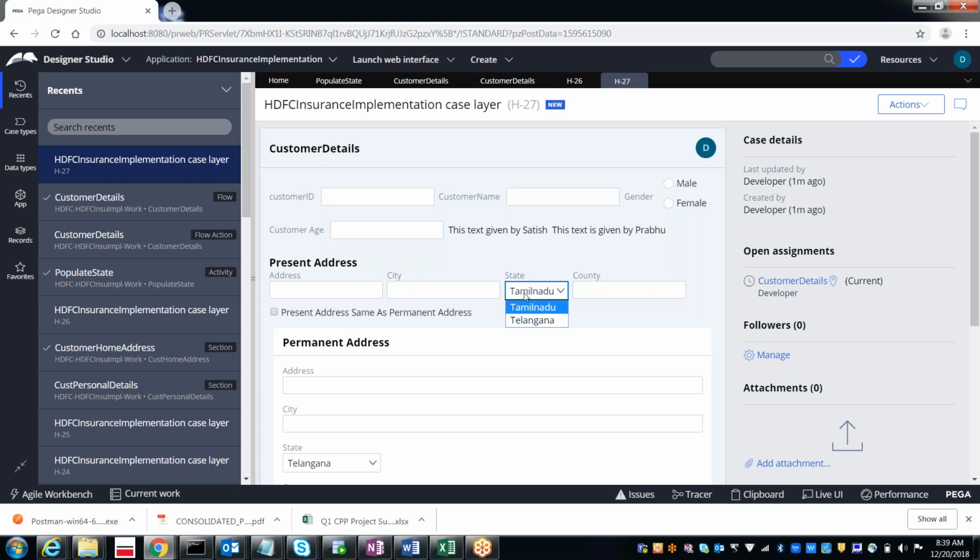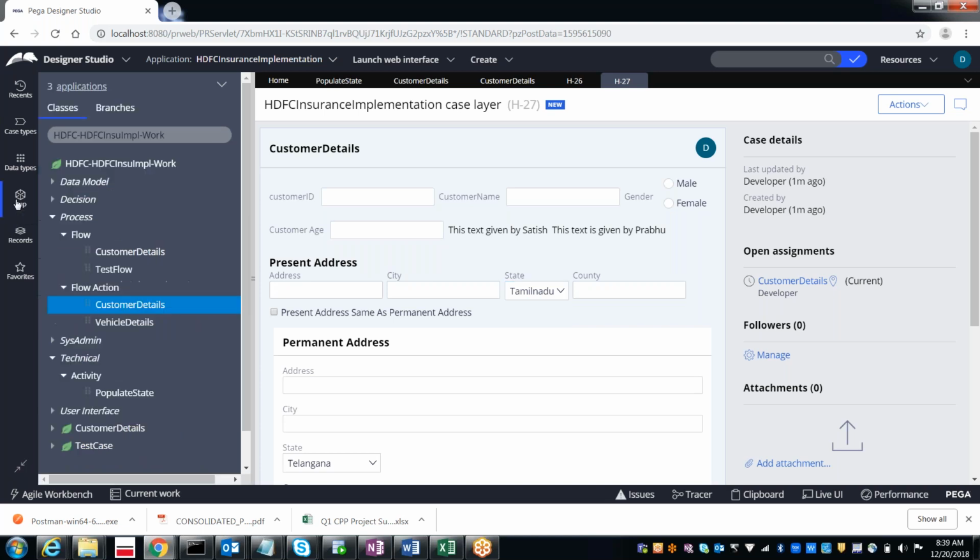Exactly. So here we populated through the activity. But in the permanent address, we populated through the report definition, right? The interface section.